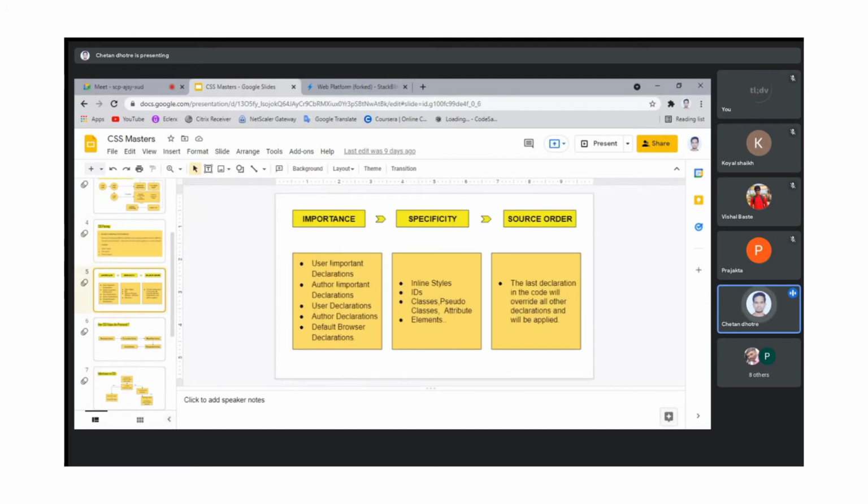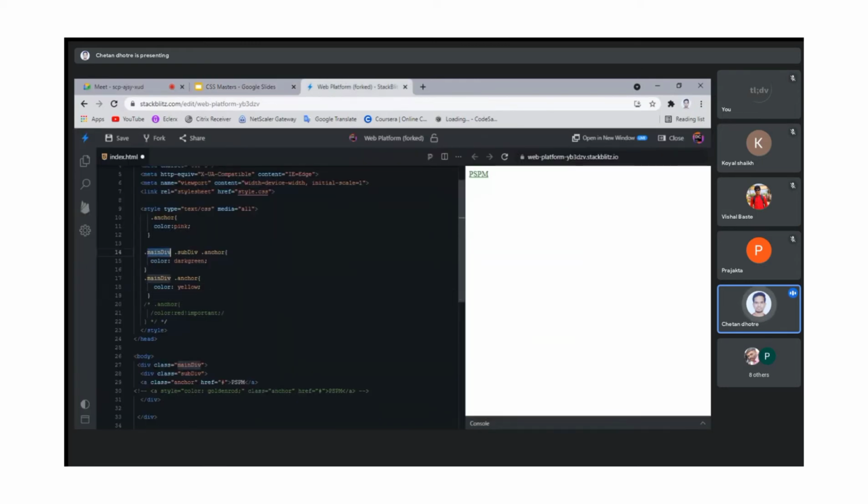So this is the important specificity, as I mentioned earlier: inline styles, IDs, classes and pseudo-classes. As you can see, in this case I have three classes, 1, 2, 3. Therefore, the specificity is 3. In this case the specificity is 2, this one is 1, and this is 1 only.